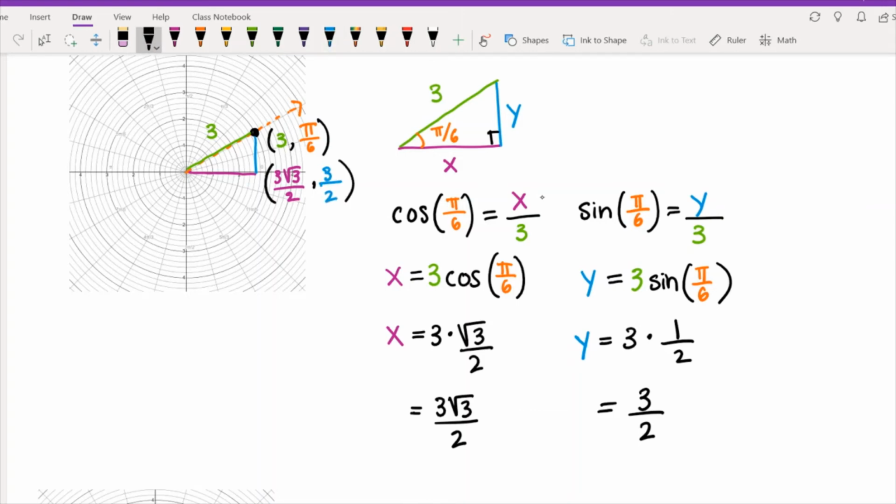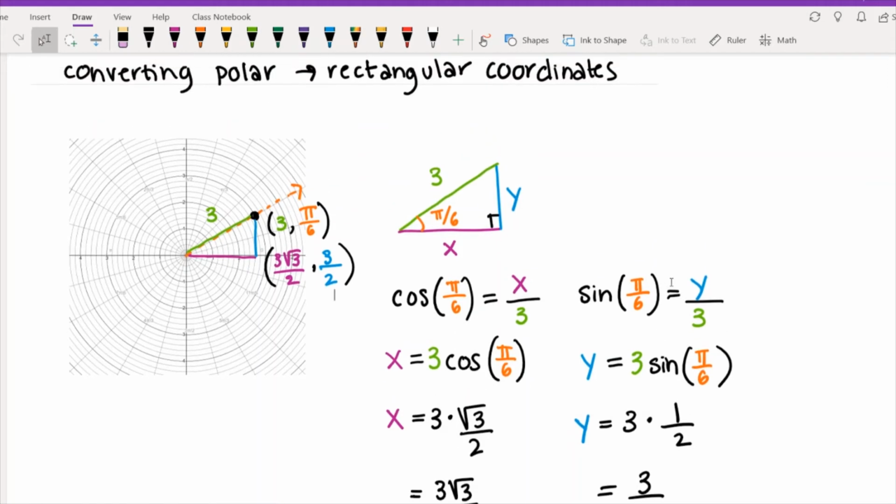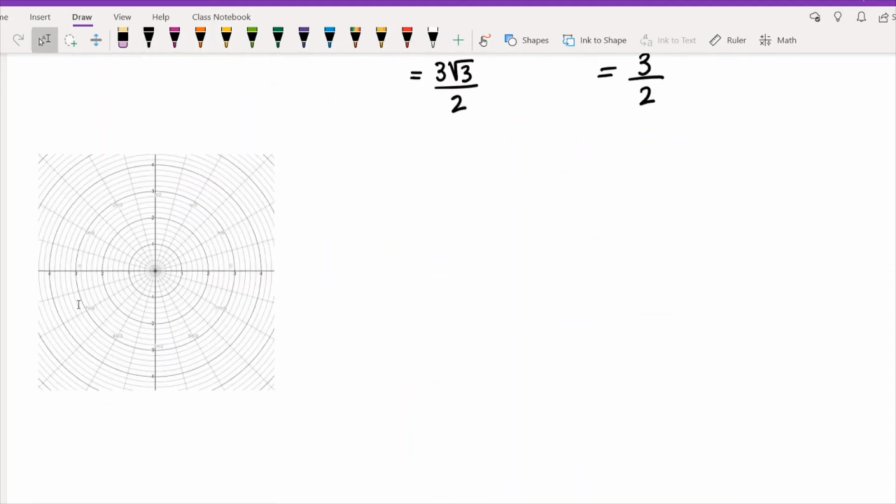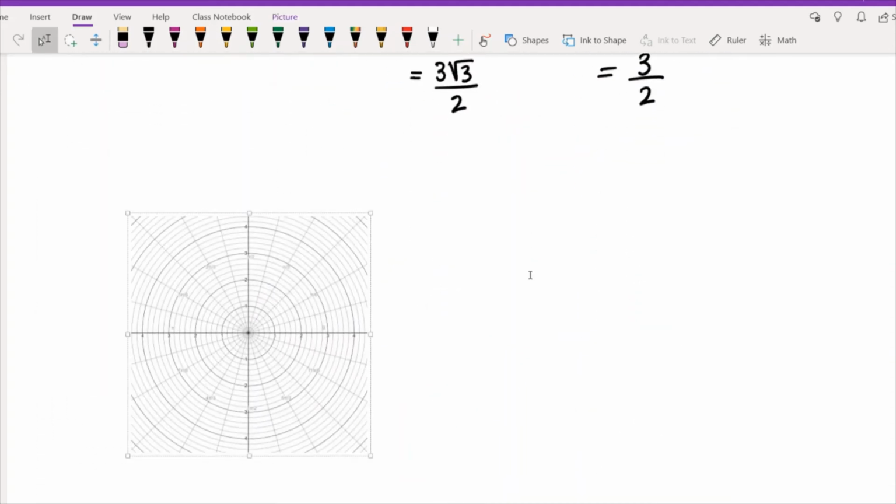So this is how it's always going to work. Basically, looking at what happened here, we took cosine of the angle and we multiplied it by r, and that gave us the x coordinate. And then to find the y coordinate, we did the radius, or r, times sine of the angle. So that's going to be the general way of translating. So I'll write that down like we did on the last one. So in general,